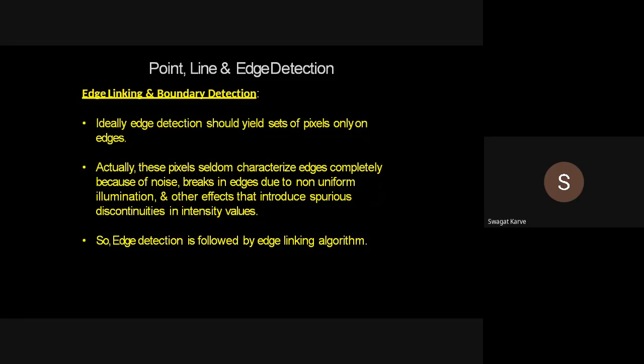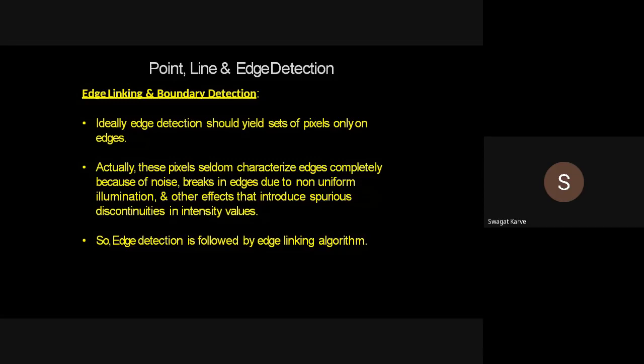Or it can be of roof type, that means horizontal, right? As I told you, an edge does not mean only a vertical line. That can be a vertical line, that can be a horizontal line, that can be a slope type line. Any of these we call an edge. It is not compulsory that it should be a vertical line only. A horizontal line can be an edge, a ramp type line can be an edge, right?